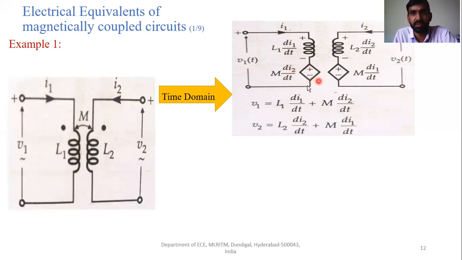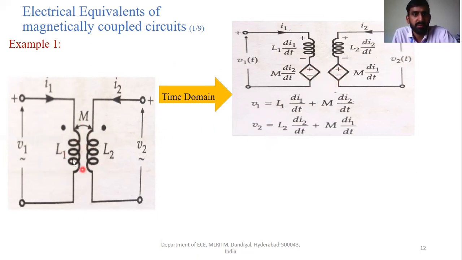It is a varying one, right? So that is why it is nothing but the controlled voltage source. That means this mutual inductance is going to be controlled with respect to the current I2. So that is why these are indicated using controlled voltage sources. Now come to here, as the mutual inductance here is positive, the controlled voltage source is represented using the plus and minus over here with respect to the same polarity.